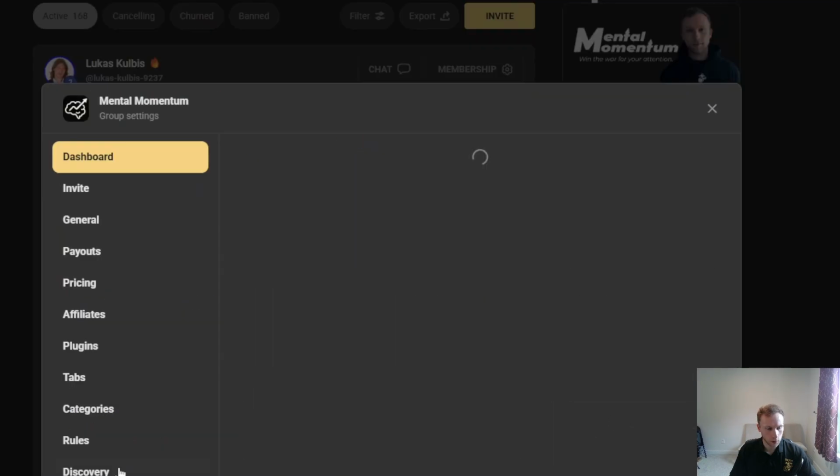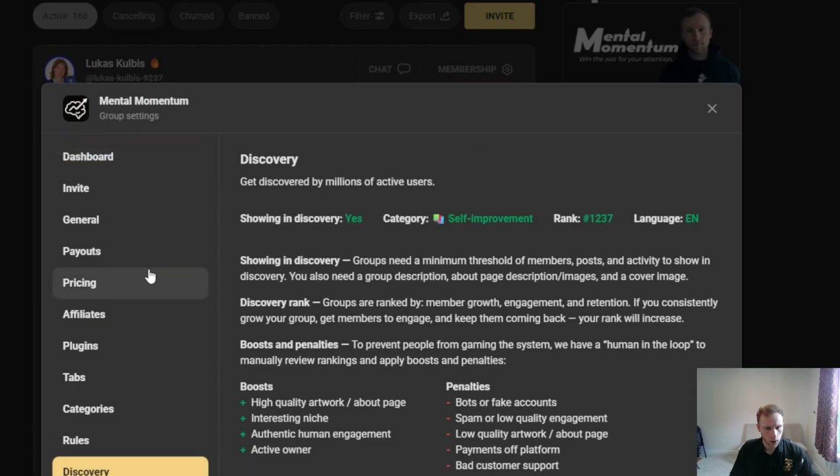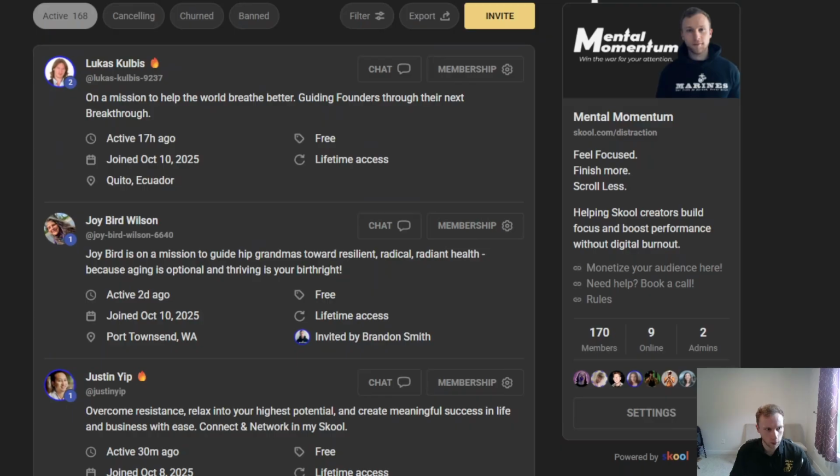So if we go into my discovery here, even though I'm not highly ranked on discovery right now, I'm at rank 1237, and it has been improving because I have been getting some engaged members on Skool itself and building that engagement. So my rank has improved. It was like 1550 or something, so I still actually get people on discovery.